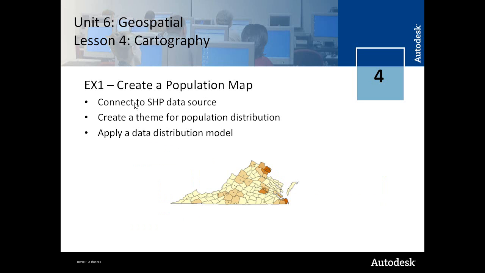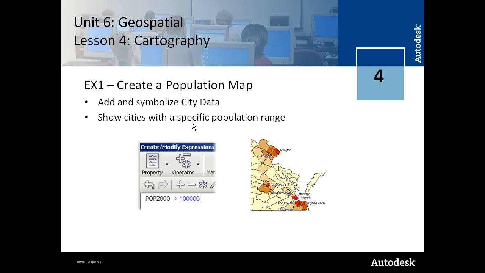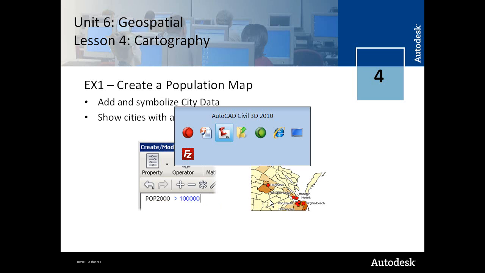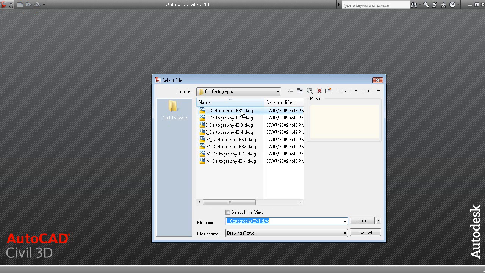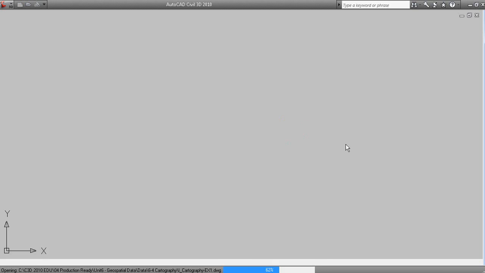So in Exercise 1, you connect to a shape data source, you create a theme for population distribution, and then you apply that distribution model to shade the counties, in this case the state of Virginia, based on the population. And you also create a population map and symbolize cities that have a population greater than 100,000. So let's have a quick look at the first part of that. If we open the cartography drawing for Exercise 1,